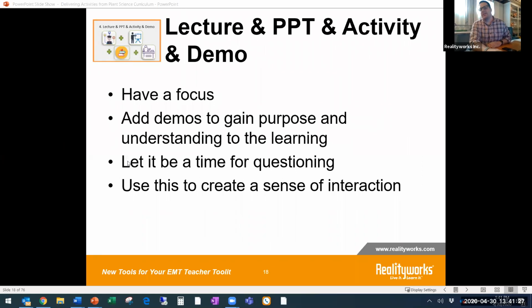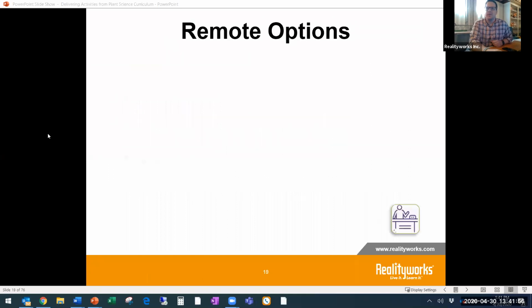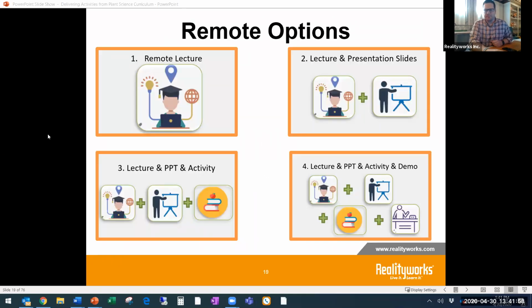And then finally is adding the demo. Again, this is that demonstration where sometimes the demo could be the fun piece, where you have to make yourself look silly, or do different things that will not be done in the classroom next year when we get back into the classroom. So this is the time to do something totally different. Hopefully there is never going to be a time like this that we have to deal with again. Now is the time to ask, in this one opportunity, what are some demo pieces that I can do? So again, our remote options are just about looking at different ways that can help with that.